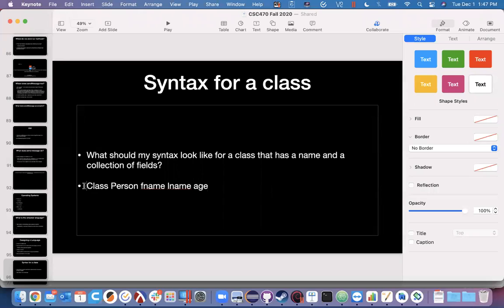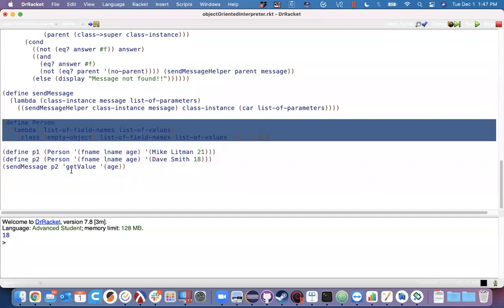So we have to decide, what does our actual syntax look like? Now, we've been using a list-based syntax. So maybe it's a class called person, and then maybe this has its list of field names, something like that. This is our syntax. I want to create a class called person that keeps track of these three pieces of information. And then we want a parser who's going to go through and turn